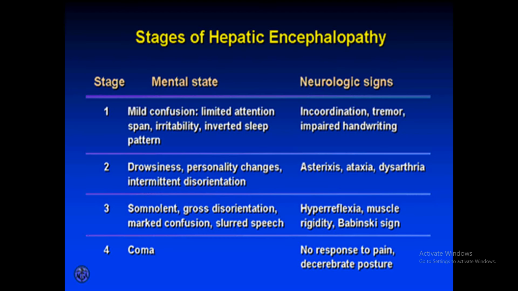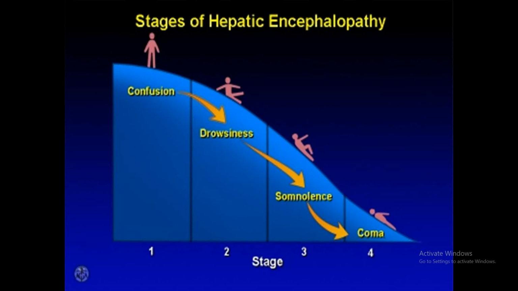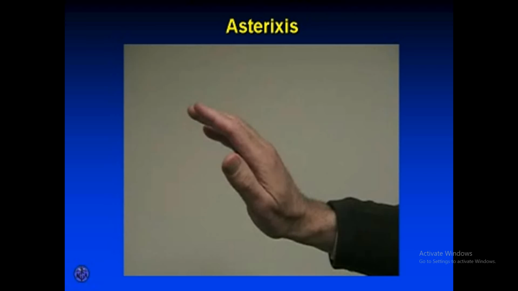The patient will show flapping of the fingers very, very sharply. This is a very important sign of this disease. This is called asterixis. All the other neurological features are present: confusion, drowsiness, somnolence, coma, as I already said. This is easy to remember. Asterixis is shown here, the flapping tremors.